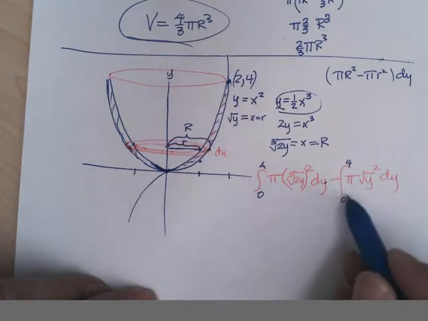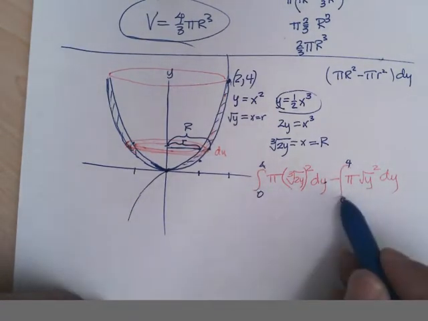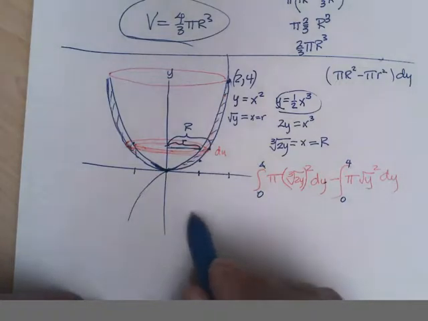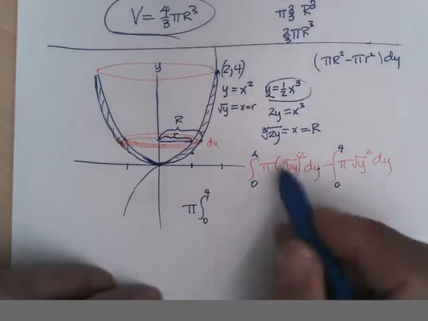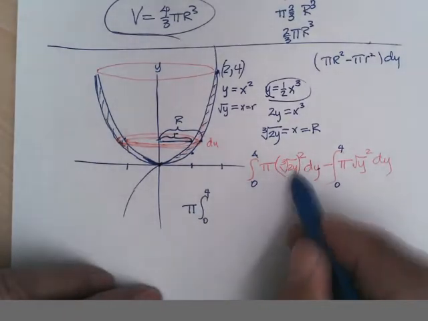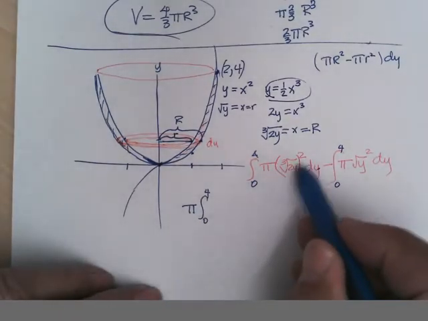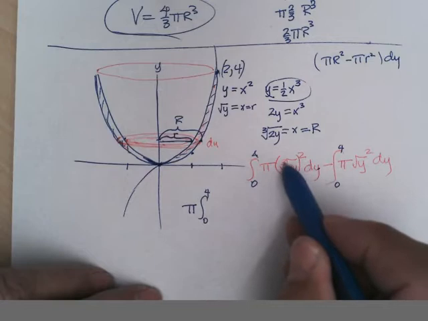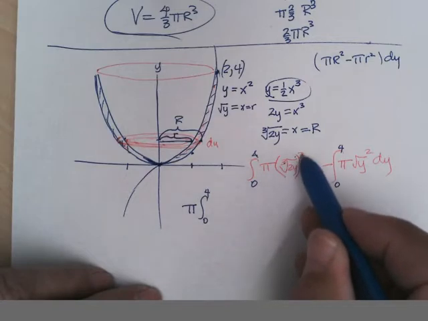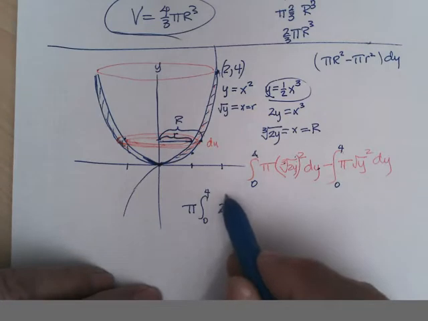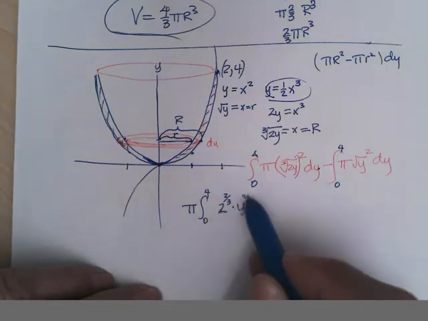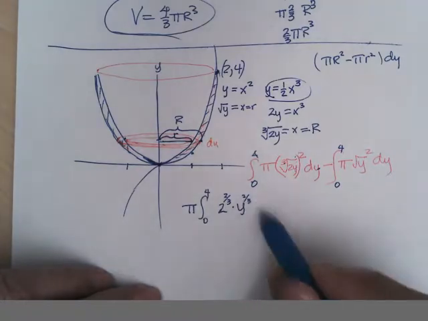So I can write this all together as one integral, and I can pull out the pi's of both of them, so I'd have pi integral from 0 to 4 of, let's see, this is cube root, which is 1/3 power squared, so it's 2 to the 2/3 times y to the 2/3 dy